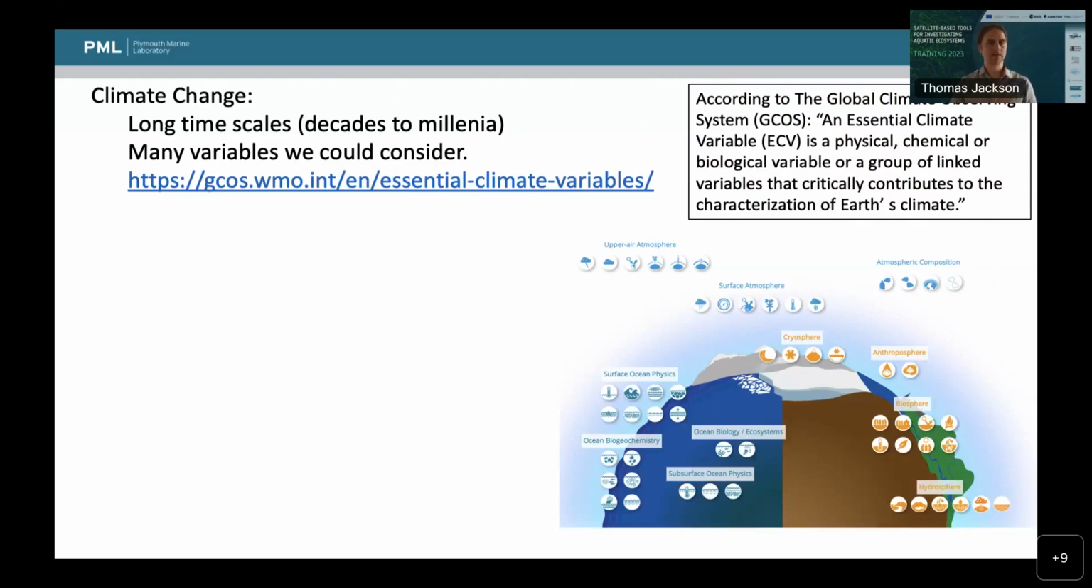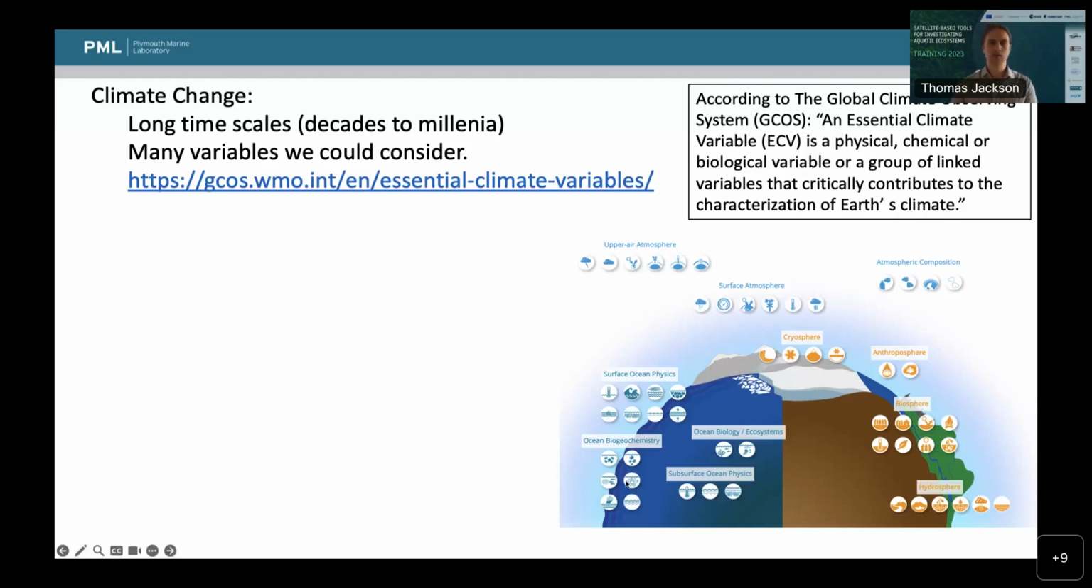So first, let's think of those 3 points that we were thinking of: climate change, impact, and ecosystem monitoring. So climate change is over long timescales, usually from decades to millennia. This is not about whether the level of chlorophyll in the ocean is higher today than it was yesterday. This is about what's happening to the region that you are looking at over much longer scales. So there's a whole number of variables we might consider when we think about climate change. And there is a group called the Global Climate Observing System, summarized as GCOS, which have defined an essential climate variable as a physical, chemical, or biological variable or group of linked variables that contributes to the characterization of the Earth's climate. And they have